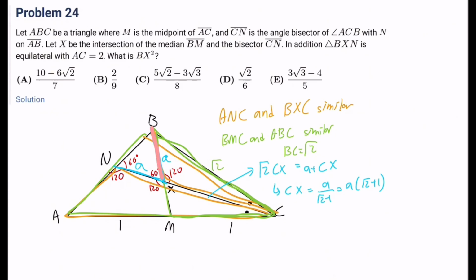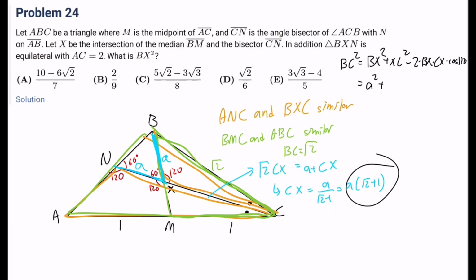And finally, we can use the cosine law on BXC, because we know that this is 120 degrees. The cosine law tells us that BC squared equals BX squared plus XC squared minus 2 BX times CX times cosine of 120. So BX is just A, so it's A squared, plus CX is A times root 2 plus 1, so A squared times root 2 plus 1 squared, and then minus 2A times CX, so A squared times root 2 minus 1, root 2 plus 1, and